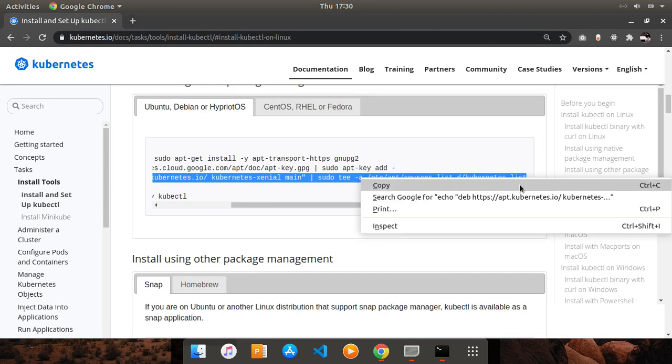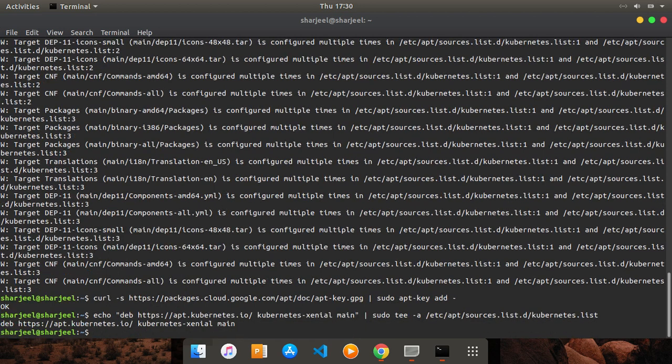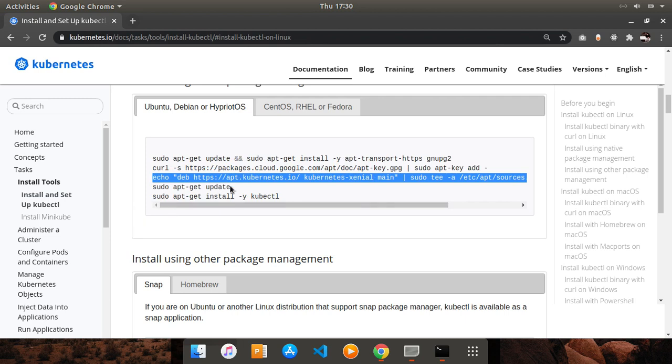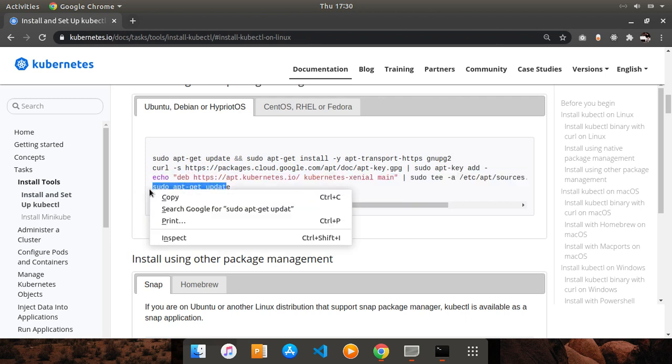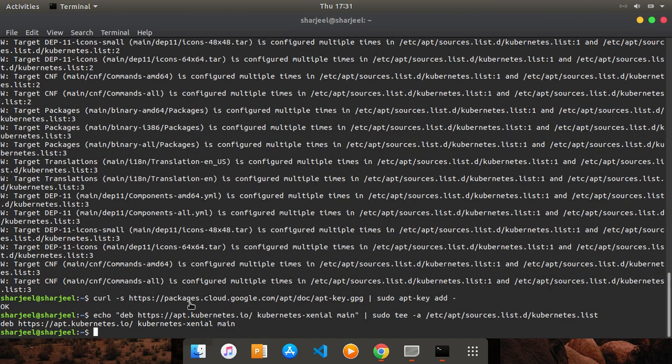Come back here and provide this command, copy and paste. Quite simple, and it's done. Now I'm going to get my updates, which takes a little bit of time. This command usually takes a little bit of time. So I just need to copy this command and paste it here.